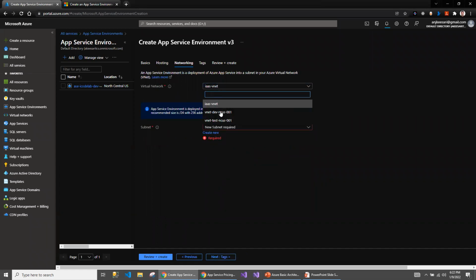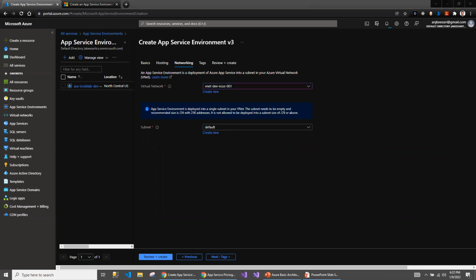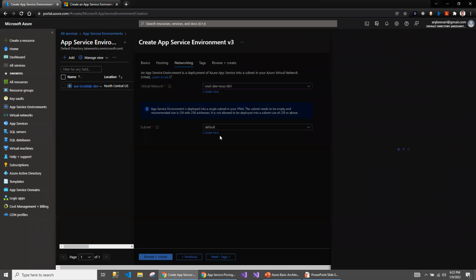So I'm going to select the existing VNet, which I have already created, and then I can have the separate subnet. The subnet name I'm going to use is here.